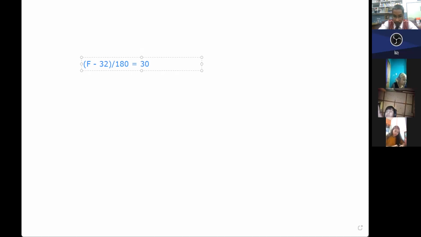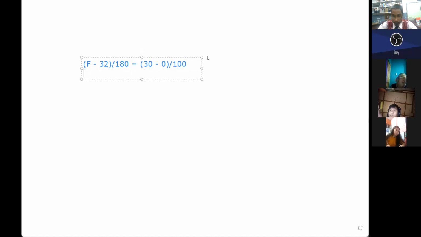I think 30. 30 degrees Celsius is the ambient temperature in the Philippines. So this is going to be 30 minus 0 divided by 100. So if you solve for F, you can solve for F, which is the equivalent